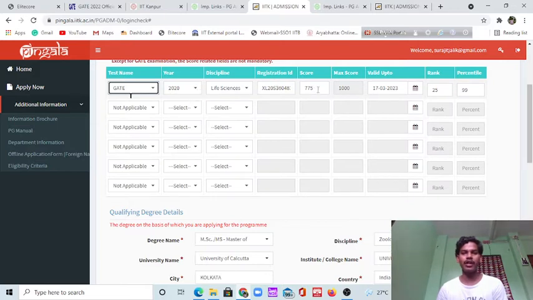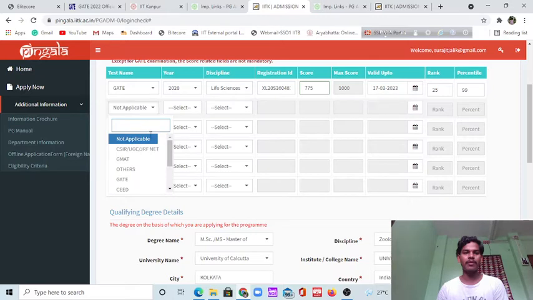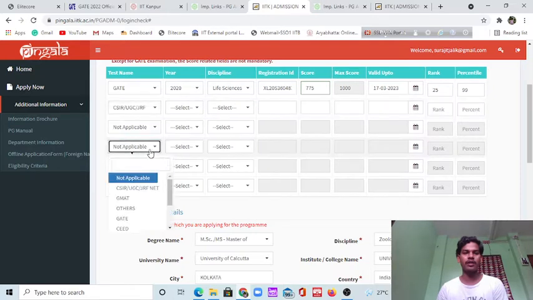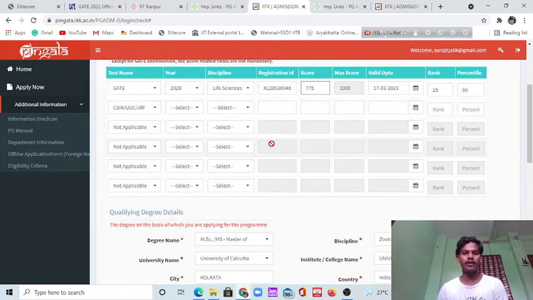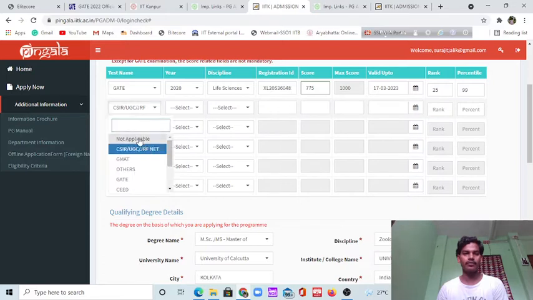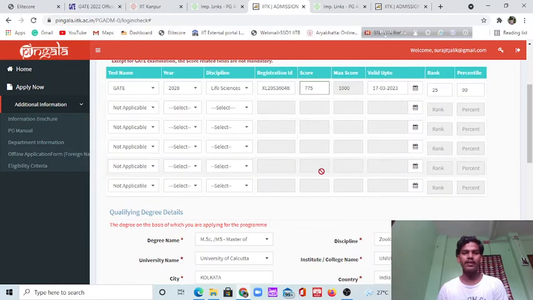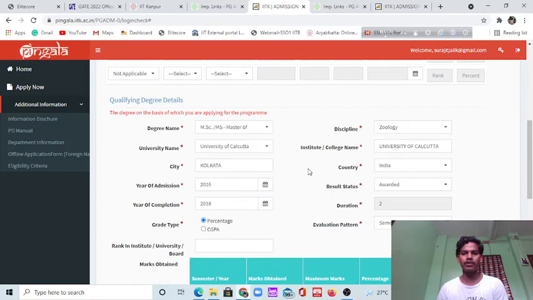This is my registration ID and score, and you can do this according to yours. And this is valid up to this rank. Look, you can put this, and you have to calculate this percentile. And if you have another exam, you can put that other exam also. Okay, and thus you can fill in all this form.